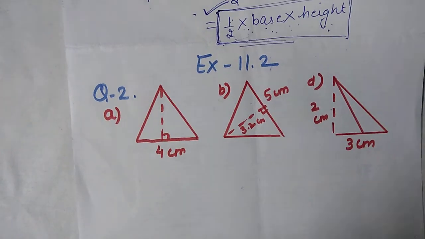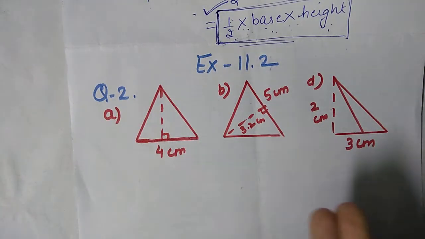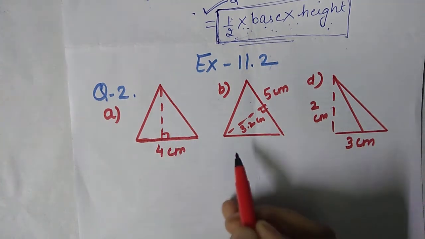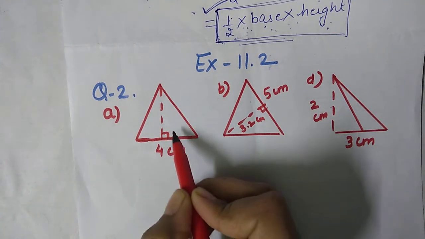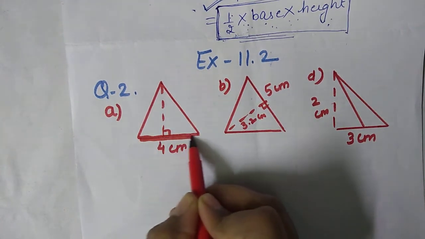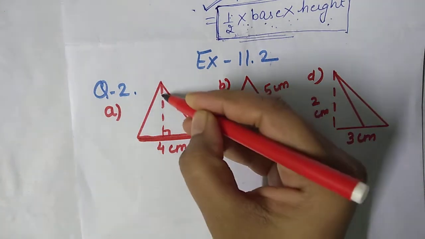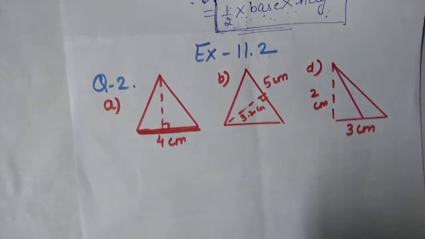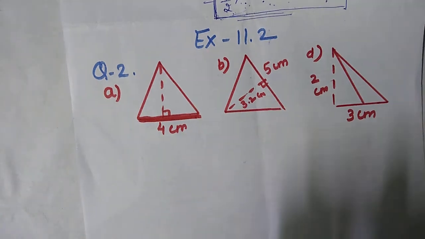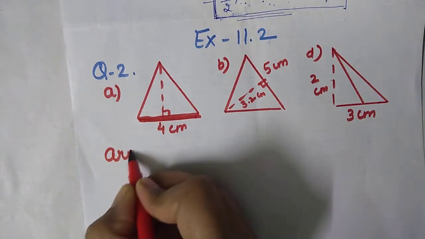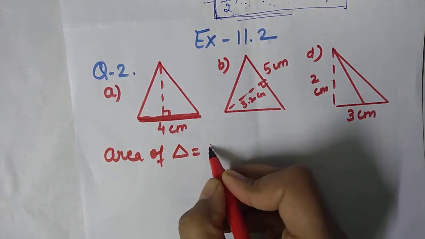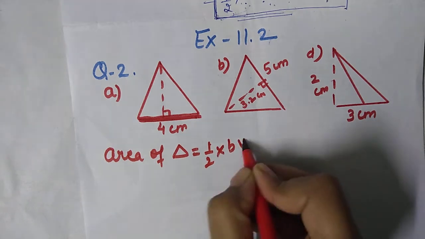The side where the 90 degree is forming, or you can say where the 90 degree angle is dropping, that is the base. So here the base is this, and height is this one. Okay, and we know the formula for the area of a triangle. Wherever you have to find the area, always write the formula first. So area of the given triangle is equal to half into base into height.